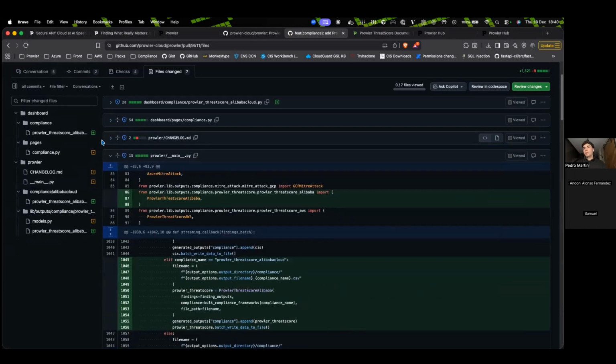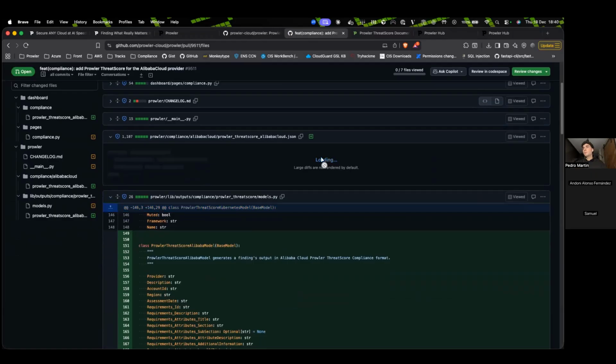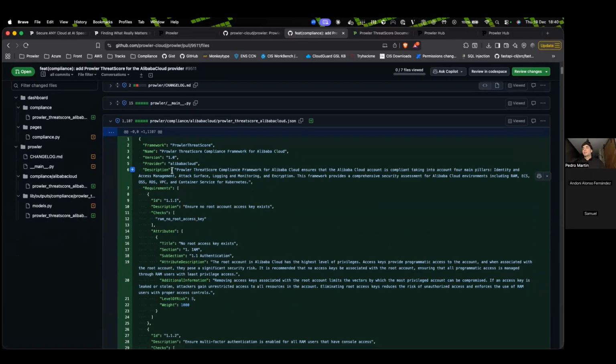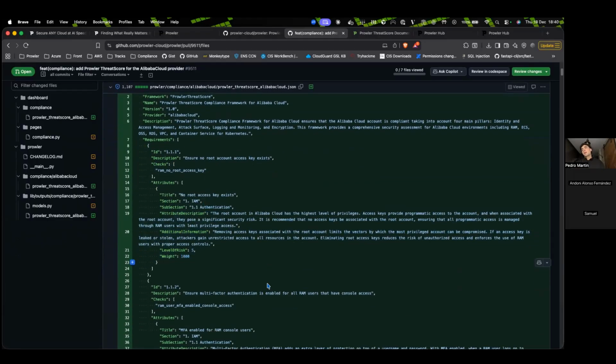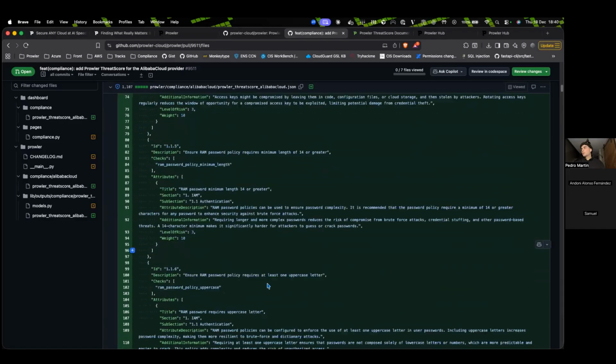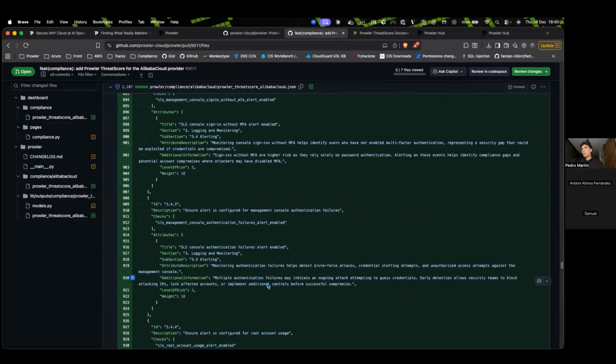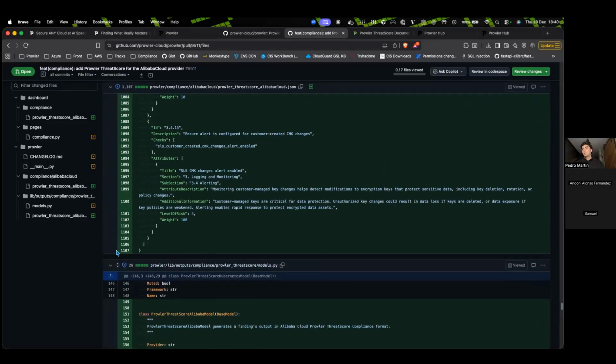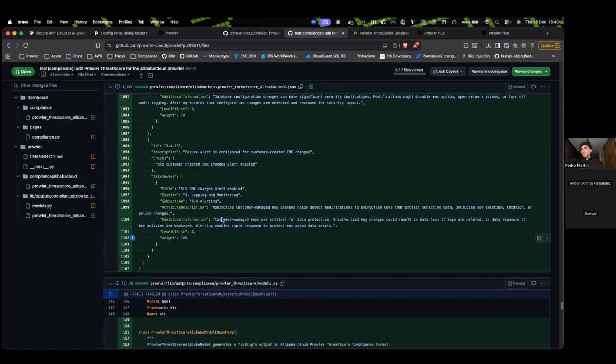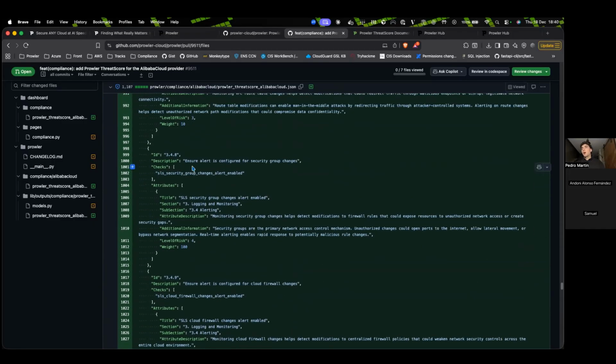Mainly the core for this provider will be the JSON file. If we go through it, as I said, it's a matter of having a list of requirements with attributes. You can see here that this one has, for example, 700, 800 more lines. Wow, this one was way bigger, 1,000 lines. But you'll always see that all the requirements should be inside a pillar and a subpillar. That is at the end the thing that really matters in ProwlerThreatScore, and of course the level of